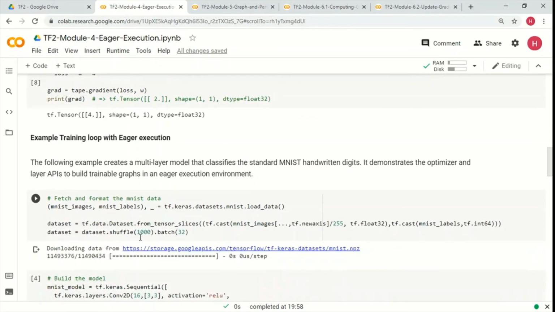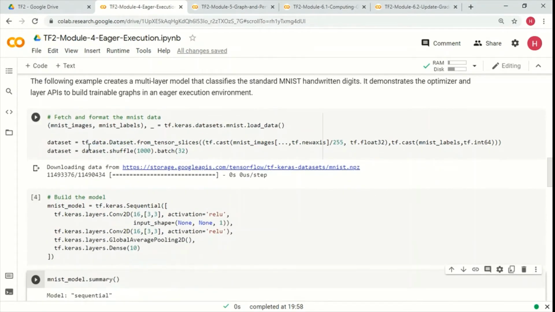Now let's try to see how we can do a complete training loop with eager execution, right? For that, we are going to load the MNIST data set, normalize the images in it, and do some processing with the labels.